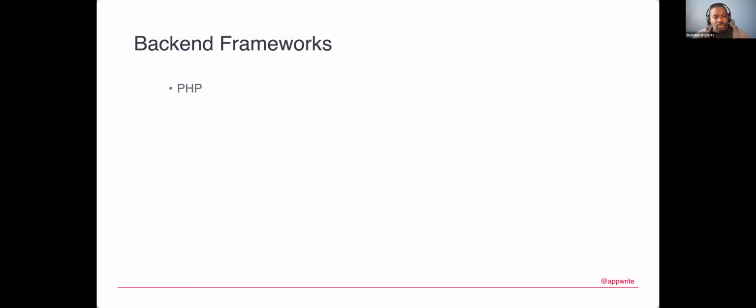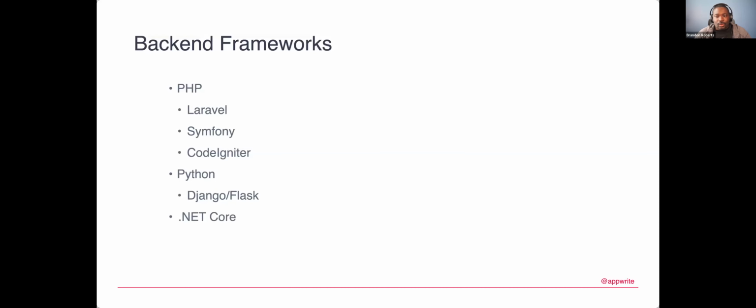So to continue with that, of course, there's PHP, which has been around for a long time, has driven a lot of stacks there. Laravel is a popular PHP backend framework that can also server render for front-end applications, which is the same for some of the other ones also, such as Symfony and CodeIgniter. If you're familiar with Python, there's options there like Django and Flask for building applications, and .NET Core. Use ASP.NET or C# if that's your stack of choice.